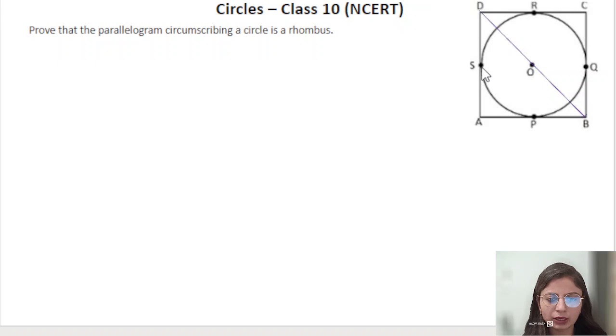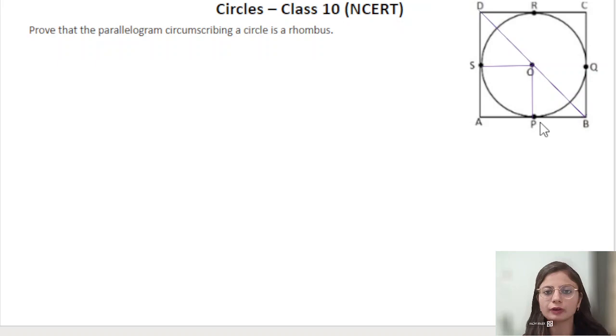Okay, also let's join OS, which is the radii of this circle. Similarly, I'll join OP, which is again the radii of this circle. Okay, now observe that AD is a tangent to this circle and similarly AB is also a tangent to this circle, and